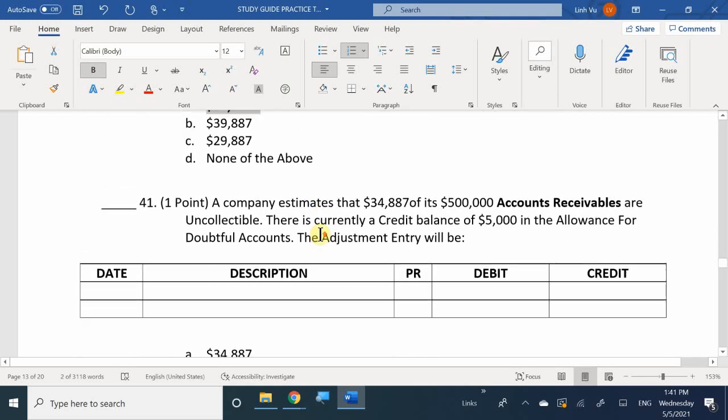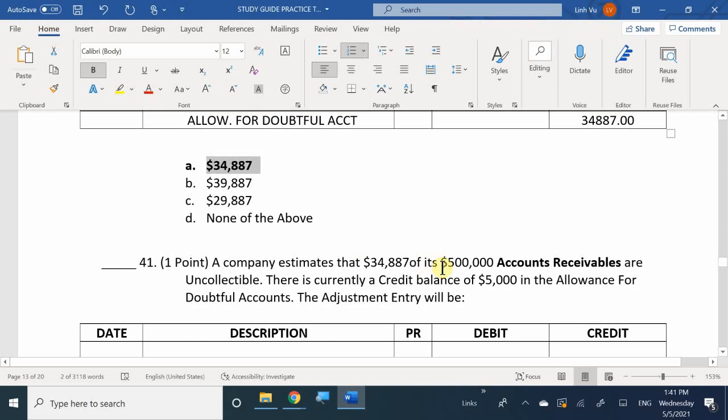Let's complete another one, all right? A company estimates that $34,887 out of its 1,000 accounts receivable are to be uncollectible, okay? And there's currently a credit balance of $5,000 in the allowance for doubtful accounts. The adjustment entry will be